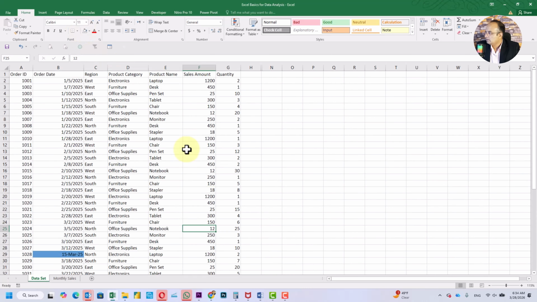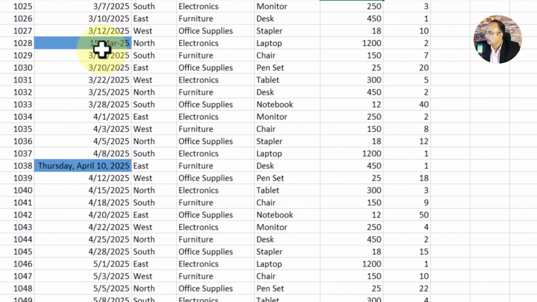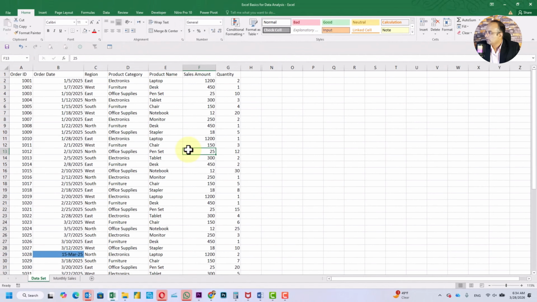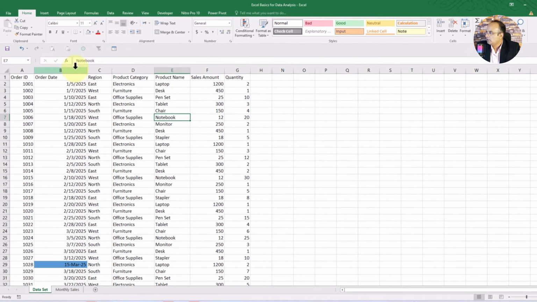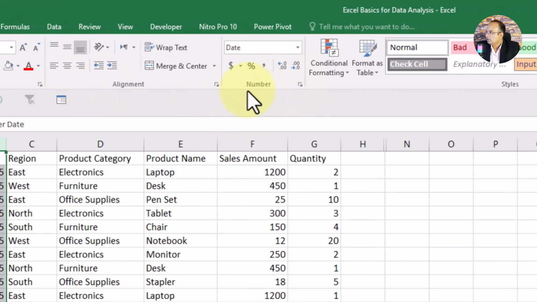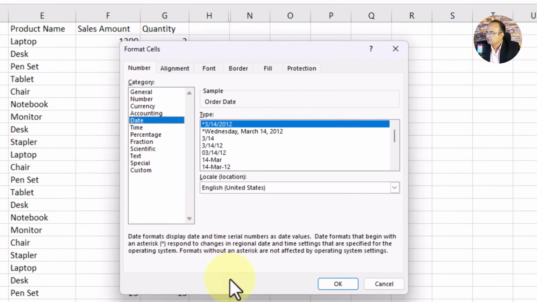Now let's see, there are some dates that are in inconsistent format. We need to bring all our dates into a similar date format. What I will do, I will click on this B to select the entire column, then come to Home tab, come here, number formatting, expand it, click on this date, and once you click, it will give you many options.